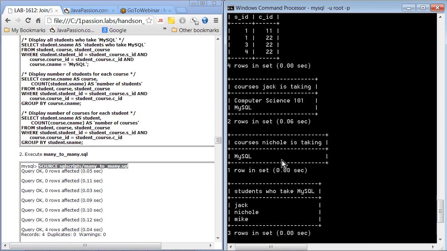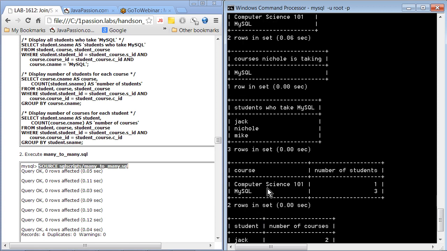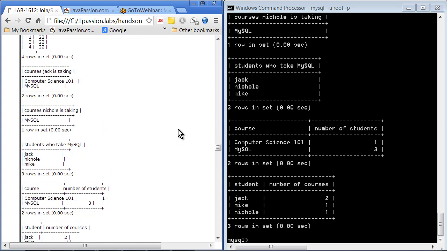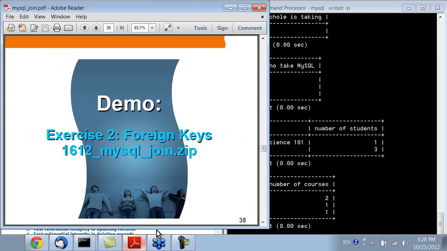All right, so these are the courses Jack is taking, the courses Nicole is taking, and the students who take MySQL. And these are the number of students per course, and the number of courses each student is taking. Okay, so you can see this one has multiple 3s and multiple 2s. Okay, all right, so that is the relationship. So let's move on to the next topic,